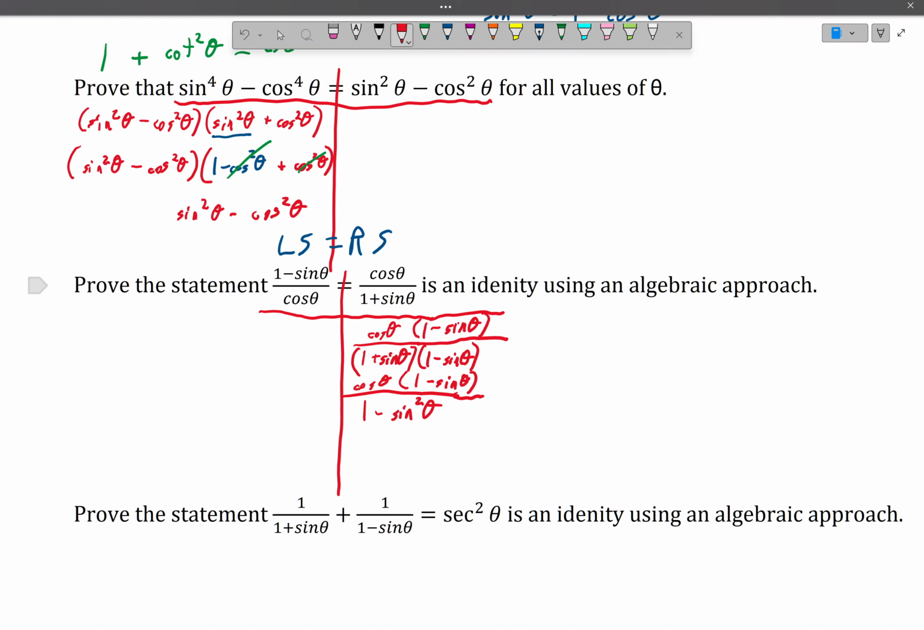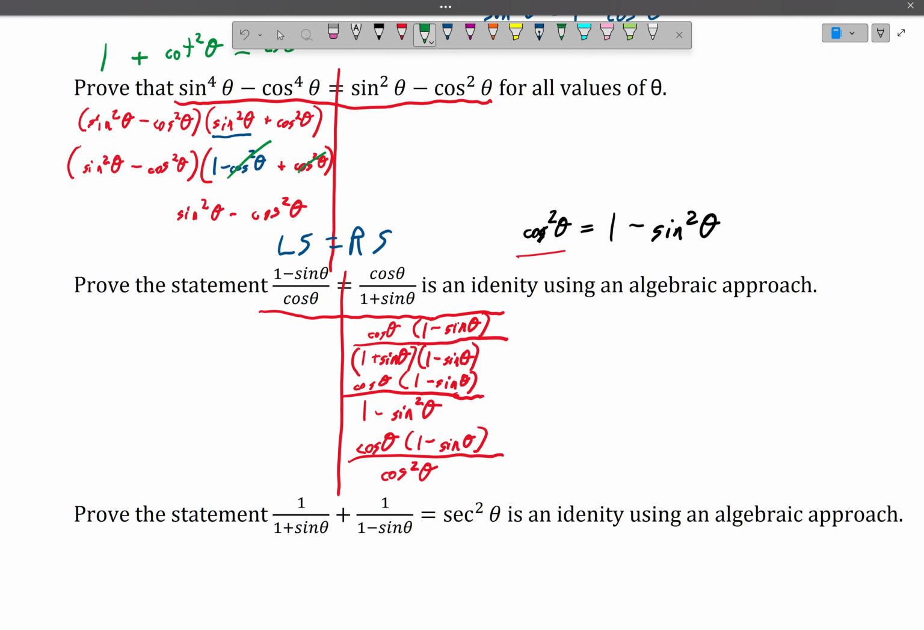Okay, so now what we need to do is notice that cos squared theta equals 1 minus sine squared theta from the Pythagorean identity. So we're going to put that in at the denominator. So I'm just rewriting out the numerator now. And then the denominator is cos squared theta because we've replaced it from here. And then